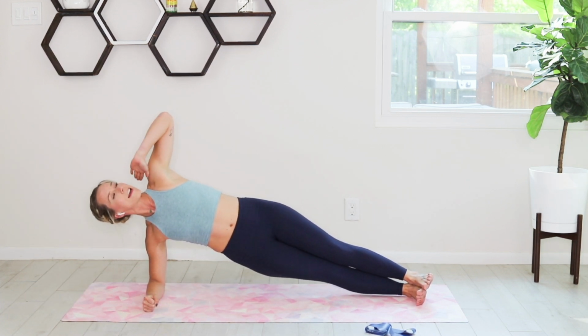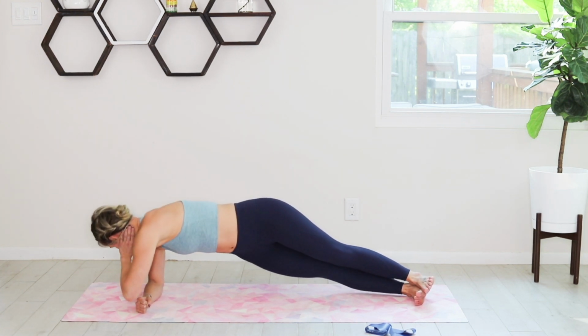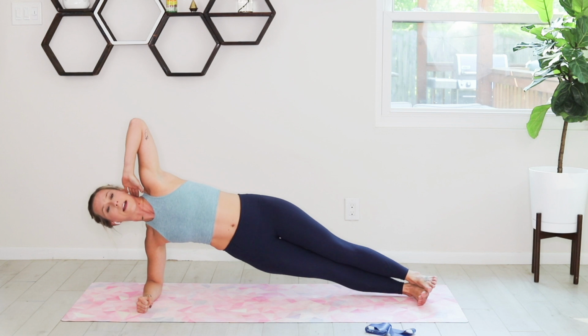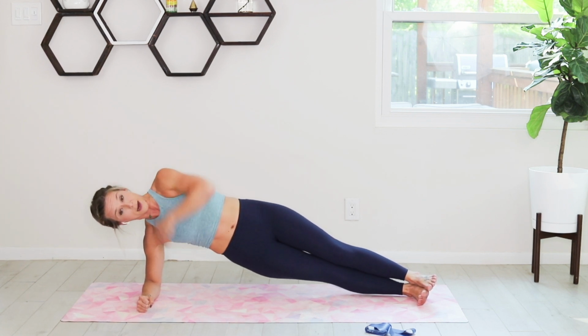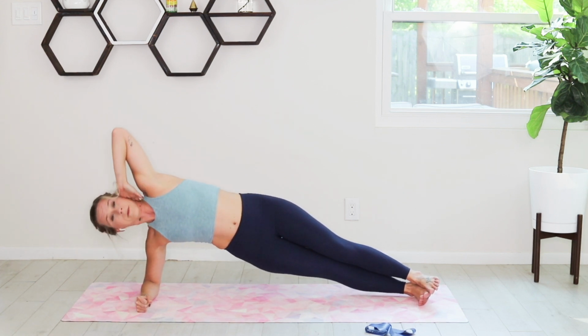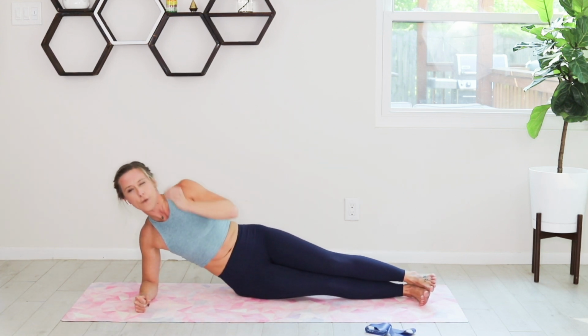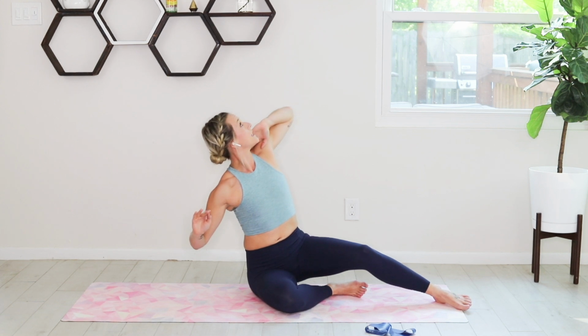That top hand is gonna come behind your head. You're gonna take that shoulder, wrap it down, and twist back up. Through this whole entire movement, my hips don't drop. I keep that hip up, I twist, and I'm back. Really focus on that slow movement, bringing that elbow down to meet those fingertips, and then opening that chest back